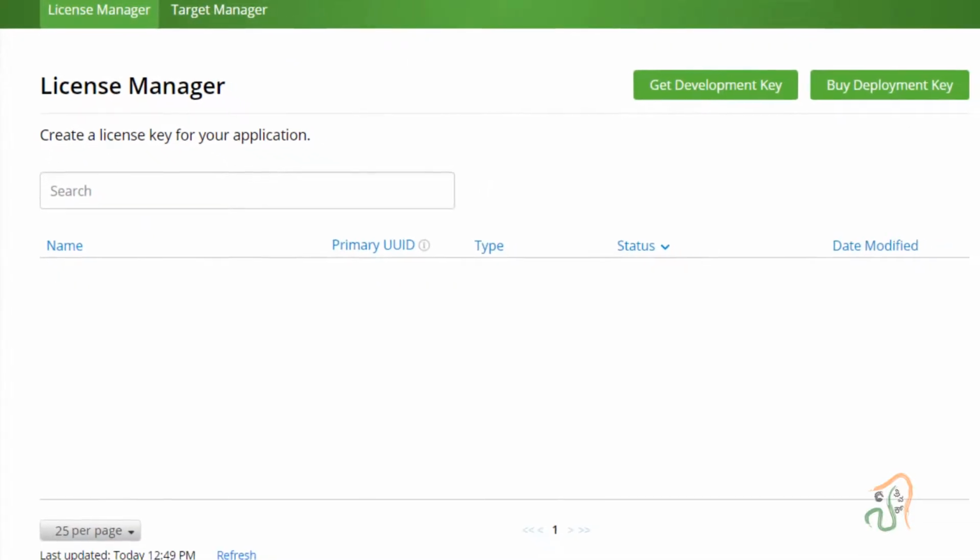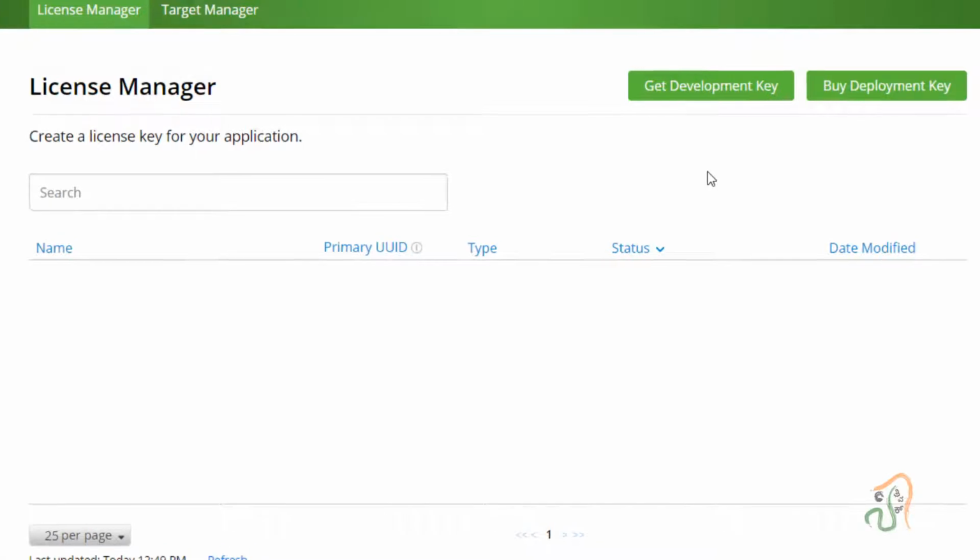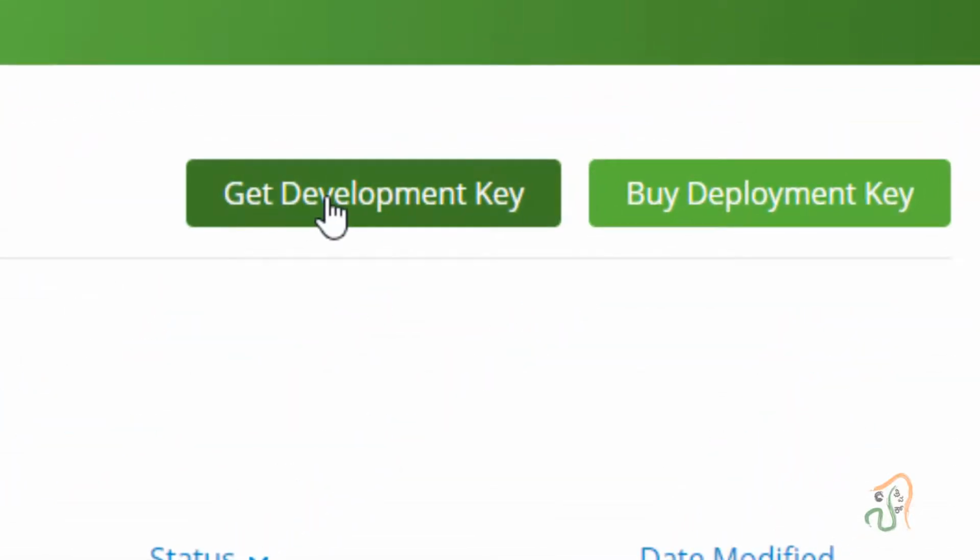So now you are in your Vuforia engine, and right now we are creating a project, and for this we want a development key. There are two types of key here, development key and deployment key. Development key means this is meant only for development purpose.